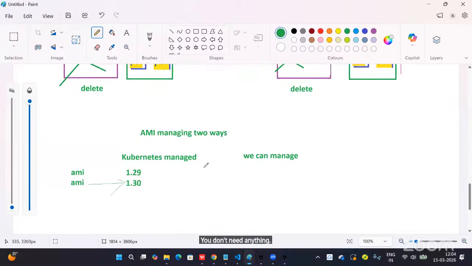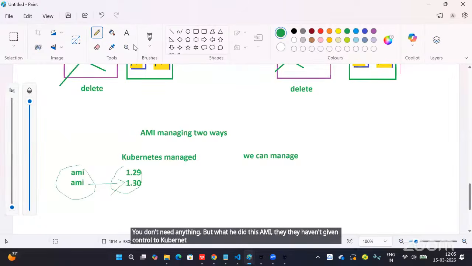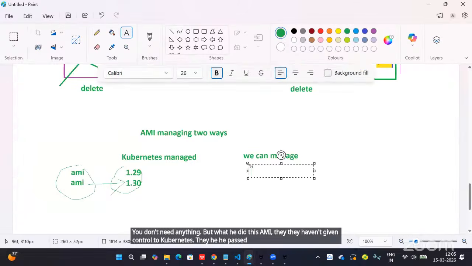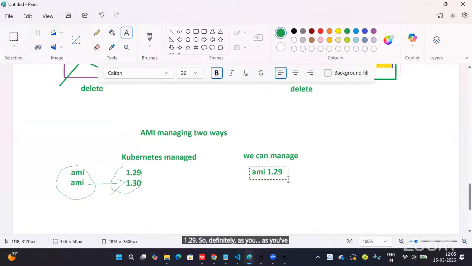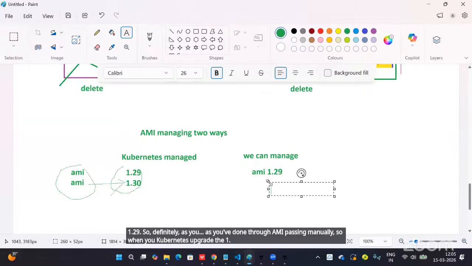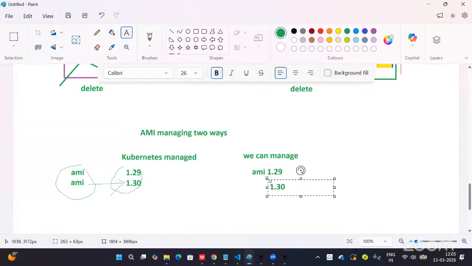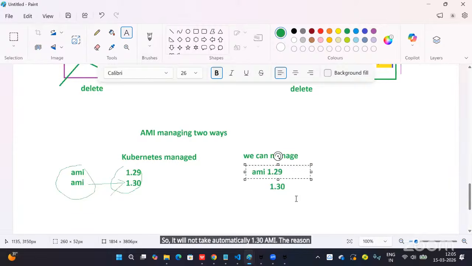Oh, okay. But what he did is he didn't give control of this AMI to Kubernetes. He passed the AMI here, 1.29, manually. So when you upgrade Kubernetes from 1.29 to 1.30, it will not automatically take the 1.30 AMI. The reason is this is custom, we have defined this.